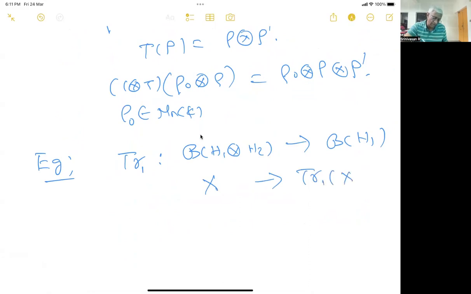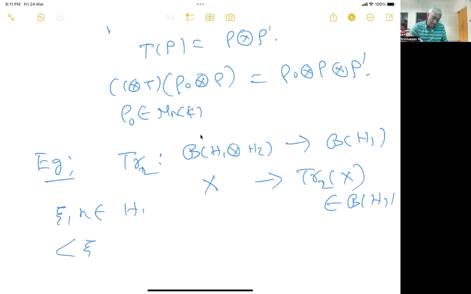I mean, we are tracing out the second coordinate. We have done the calculation. This is an operator in B of H1, and this operator, for xi and eta in H1,